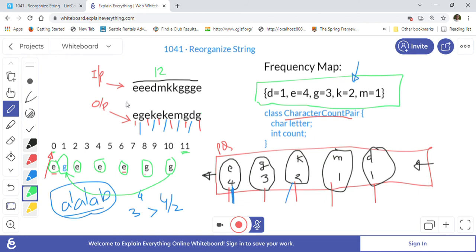So we'll just quickly summarize how we have formulated the solution. We first went through the string, we created a frequency map, and after that we created a priority queue, created in such a way that the maximum frequency element will be on the top. Then we will take that element and first fill all the even indices, and after that we will fill all the odd indices. And if we do that, then we can assure that no two adjacent letters will be the same, correct? So that is the approach we took.